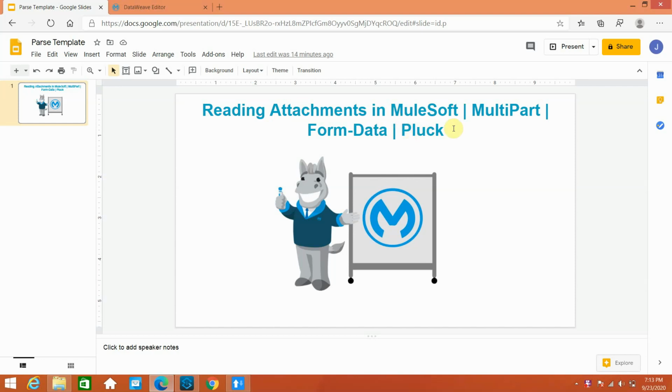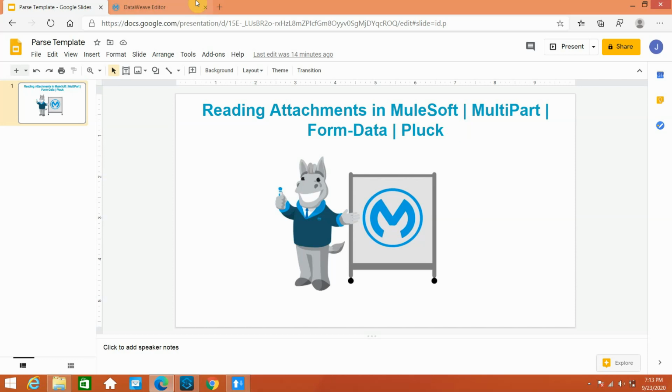The pluck operator iterates over the object, or a list of objects, and forms the output as an array. It takes three parameters: value, key, and index.